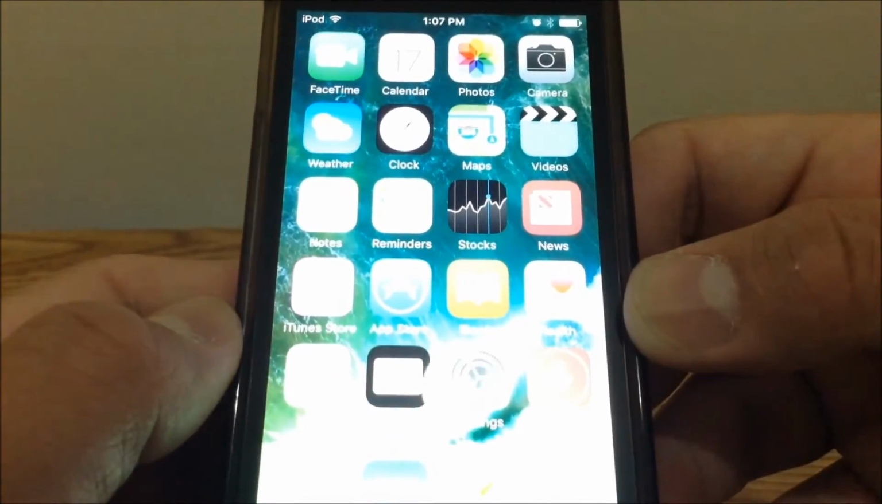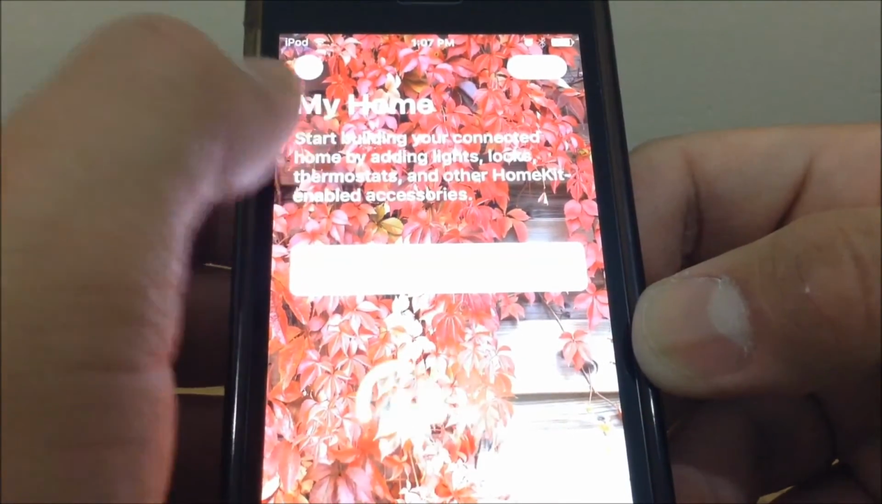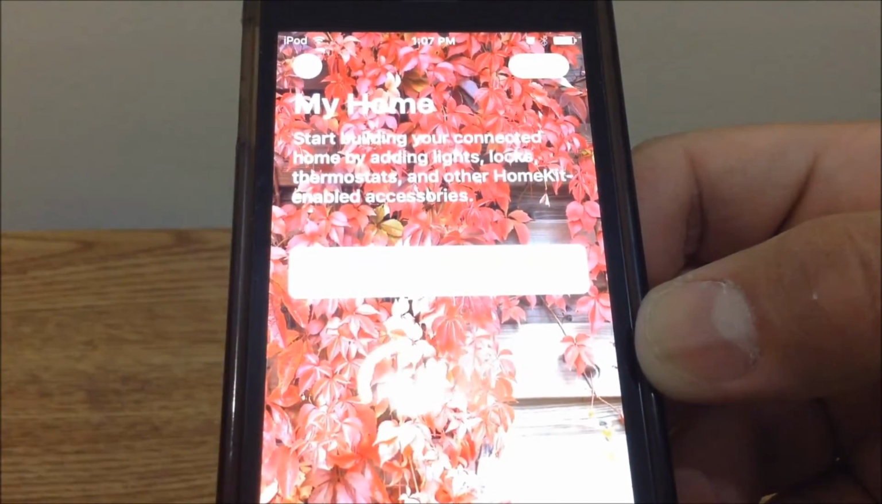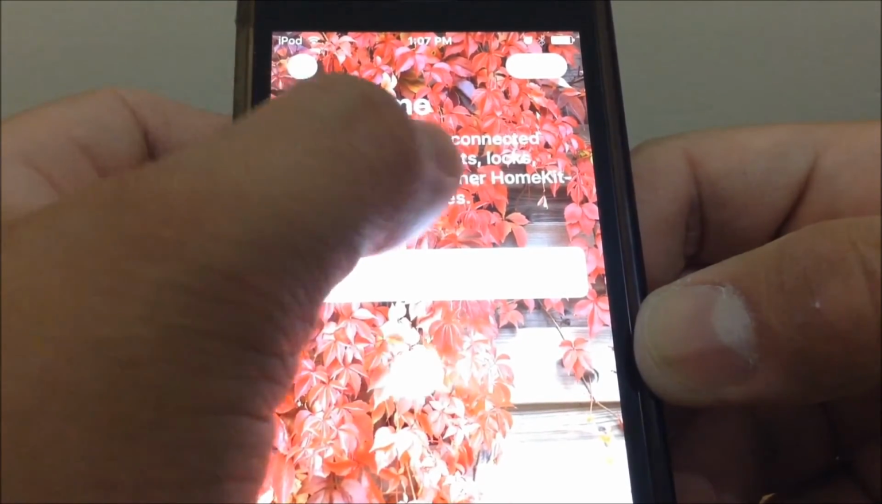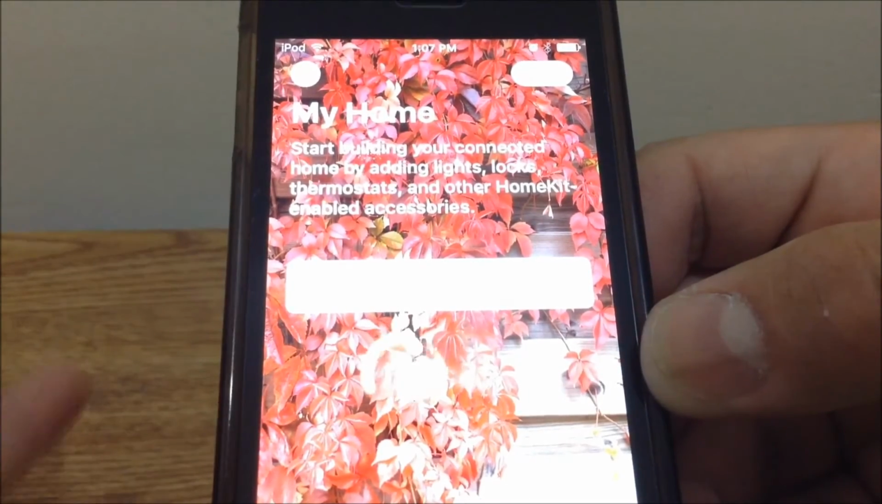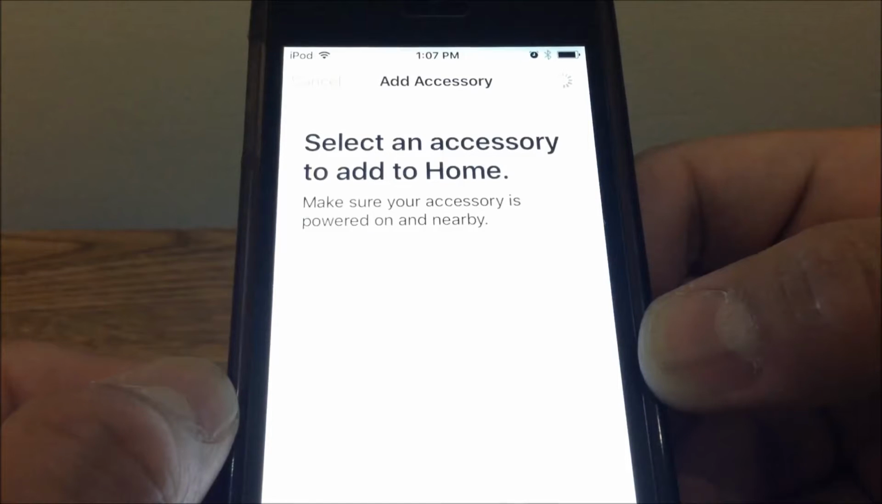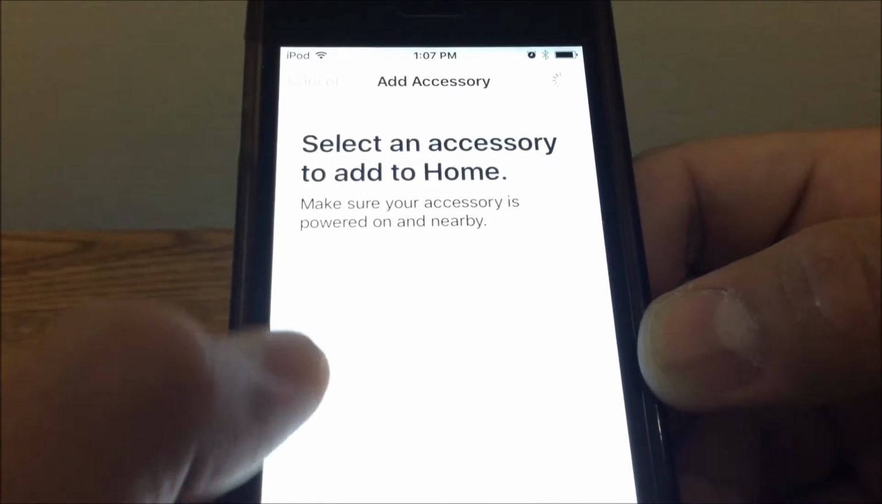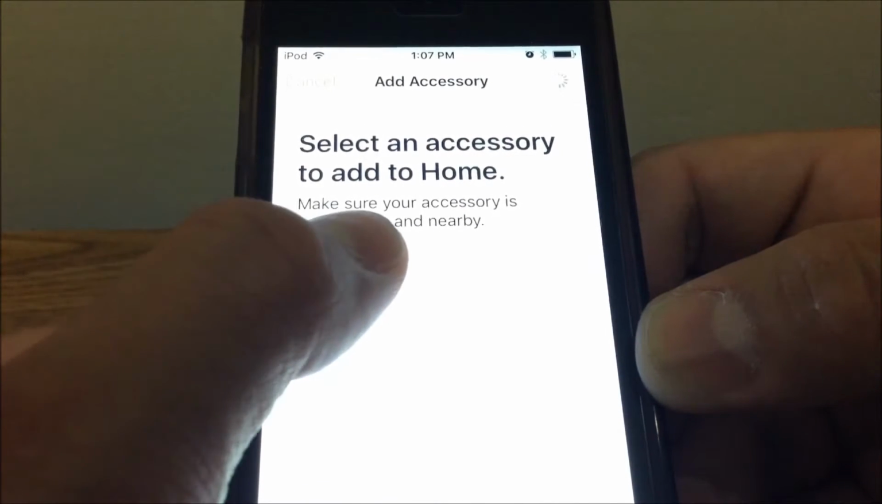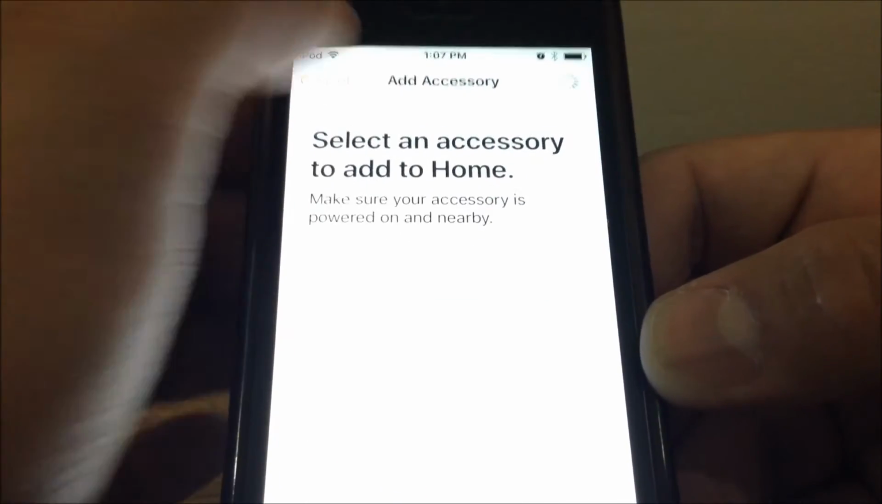And here's a new feature for the iOS 10, which is Home. It says My Home, where you could do the home thing. It says start building your connected home by adding lights, locks, thermostats, and all others. HomeKit, everything. If you want to edit this, you could use the edit option, such as this. It says select an accessory to add to a home. It says make sure your accessory is powered on and nearby. It says my accessory isn't shown here, but if you want to go there,